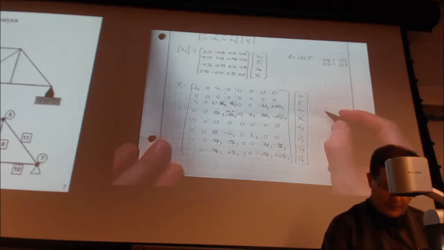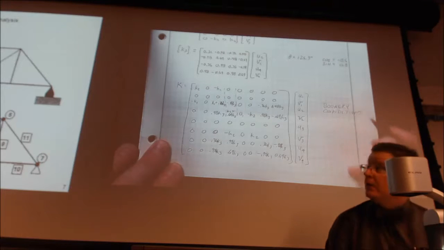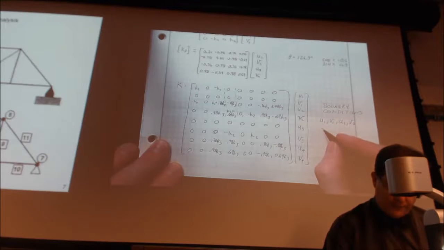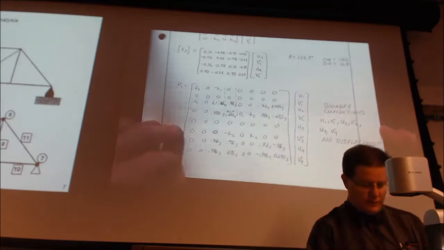So let's see. U1, V1, U2, V2, U4, and V4. No displacement. So we're going to reduce down to